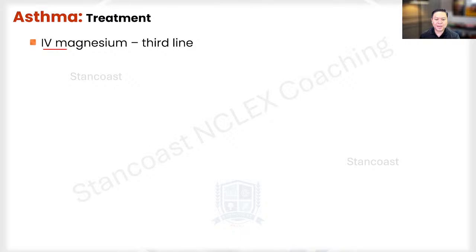Have you heard about the IV magnesium being used in the treatment of asthma attack in the acute care setting? Have you seen this? All right. Well, this is considered a third-line treatment for asthma attack, especially for those who are not responding to the beta-2 adrenergic agonist. And it has that effect on the smooth muscle of the lungs. It can cause